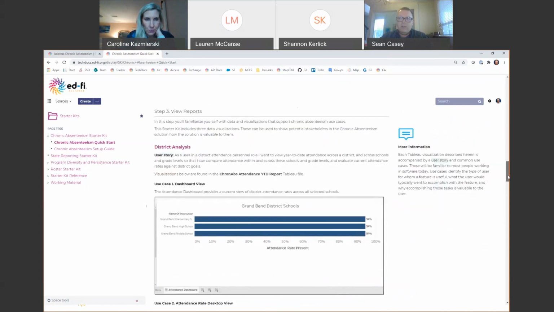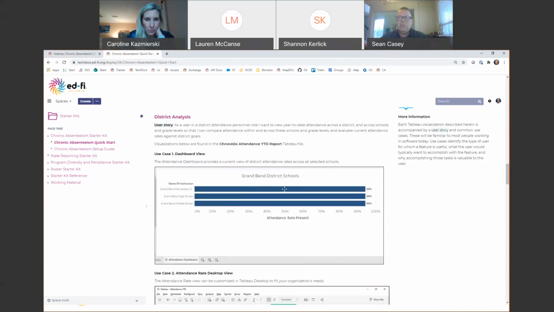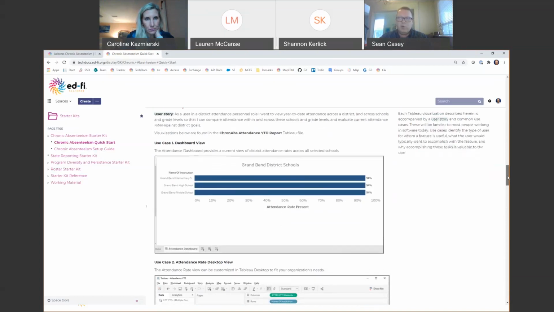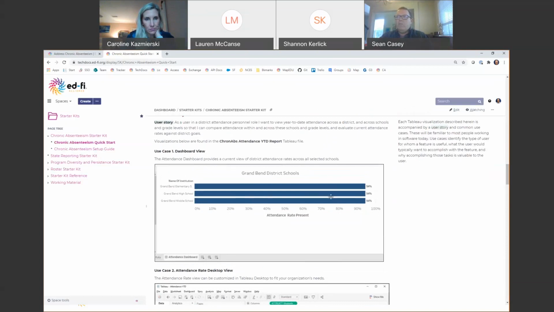And then you'll have this clickable prototype that actually shows you different kinds of dashboard visualizations, different kinds of reports. These are Tableau reports, and there's a free reader license that comes along with this. So it's no cost, and it gives you the ability to access and use all of these reports right out of the box. But what you see is with these reports, there's also a user story that goes along with them. I tried to provide those to you so that it gives you a little bit of help in framing